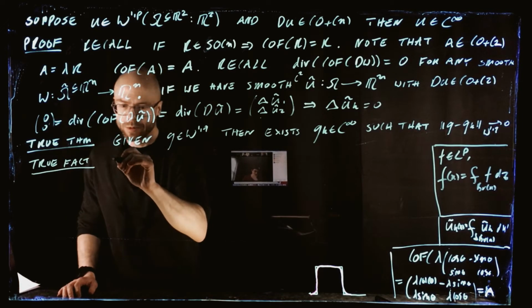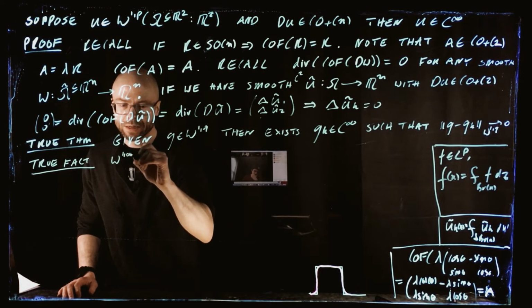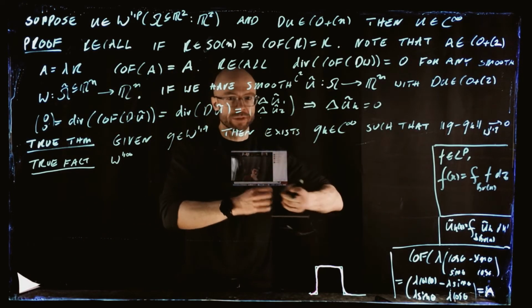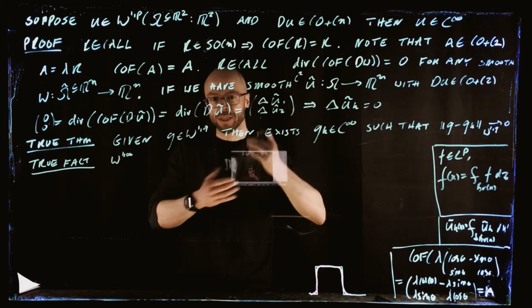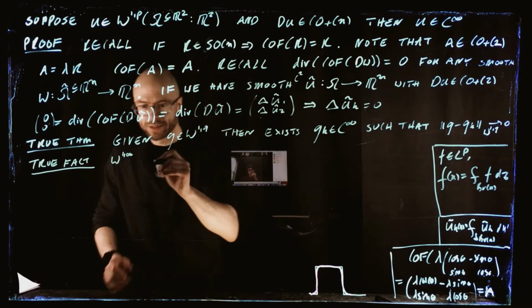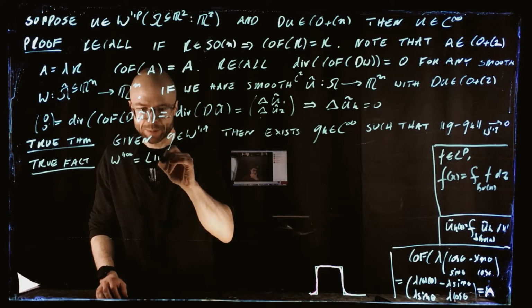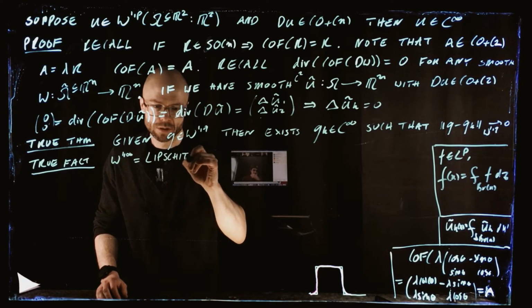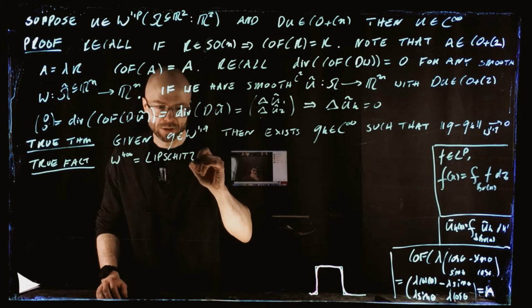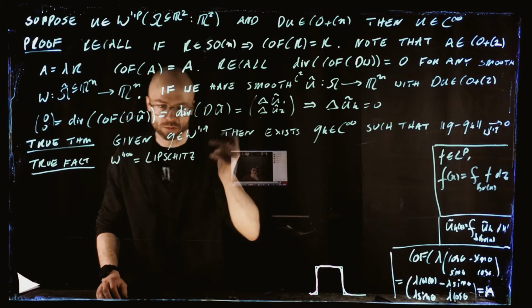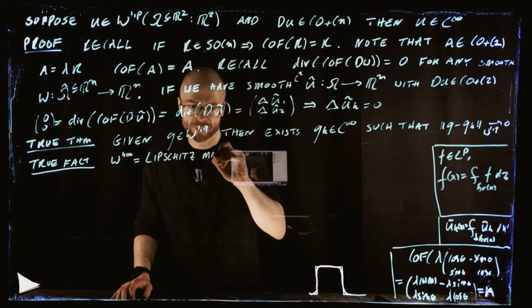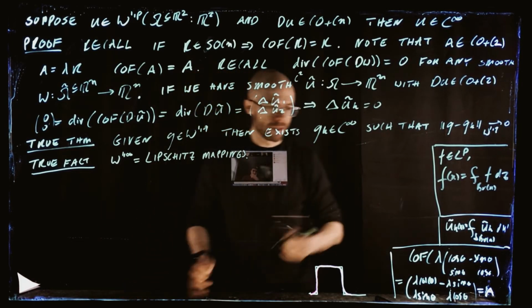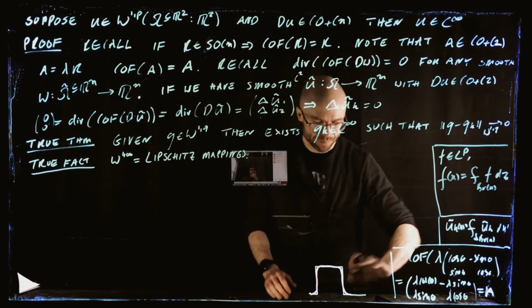If we take the Sobolev space W^{1,∞}, which are things which have one weak derivative, but that weak derivative is actually L infinity bounded, then this is exactly the same as Lipschitz mappings. I never remember how to spell this. Okay, whatever, Lipschitz mappings. And why so? If we have a Lipschitz mapping,